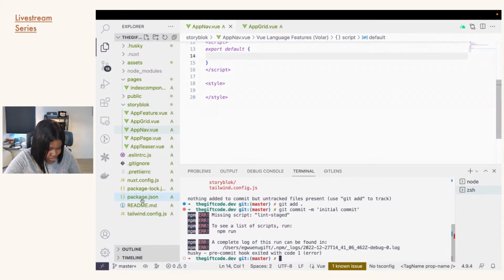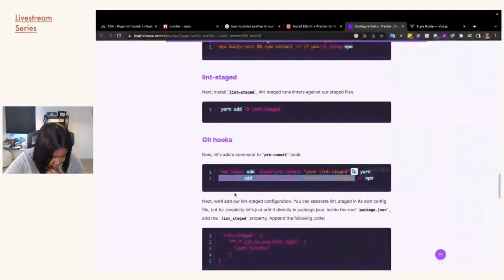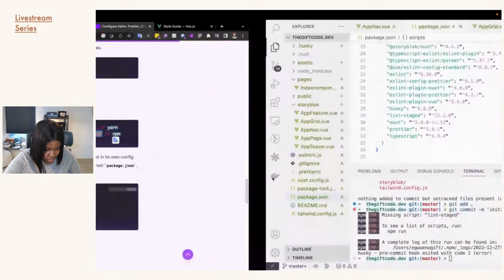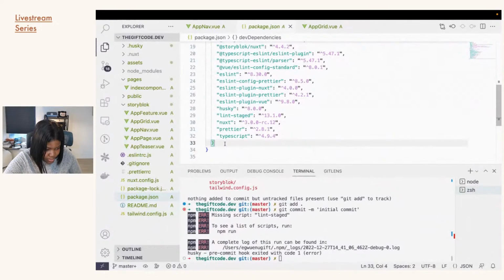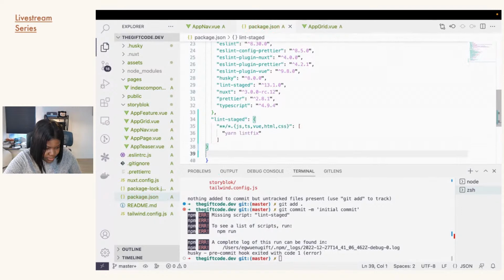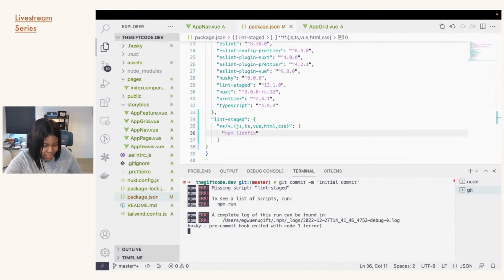Wait, let me go back. I'm one step ahead. I think I should create this thing, and I did not do it. So in my package.json, I'll copy this and put it there. So let's put it here, like that. Yeah, thank you for helping me in the chat. I really appreciate you. This should be npm, I think. So let's try it again. So if I do this,